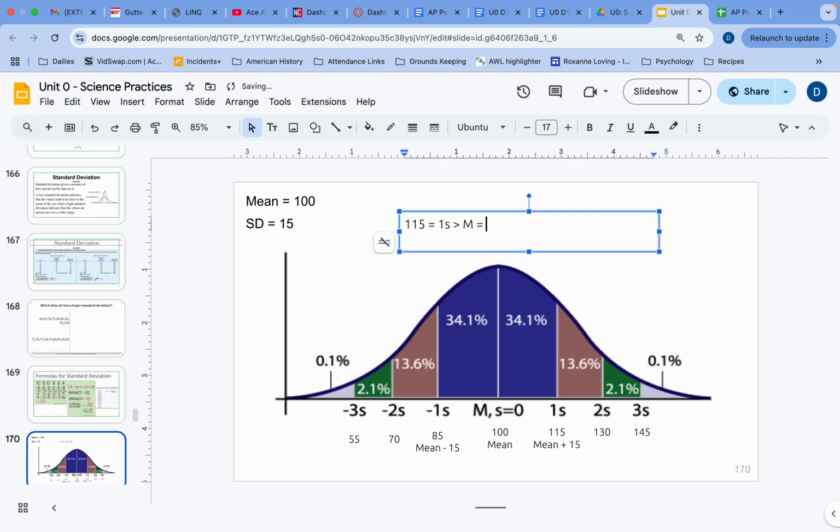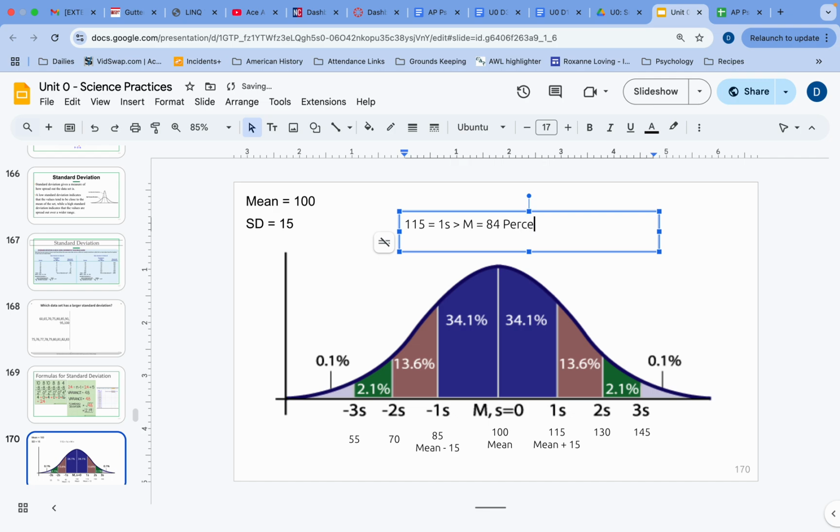If you are one standard deviation above, not only did you do better than all 50% of these people, you also did better than the 34.1% of the people that got between a 100 and a 115. So we add 34.1 to the 50% over here, and you did better than 84.1 or 84%